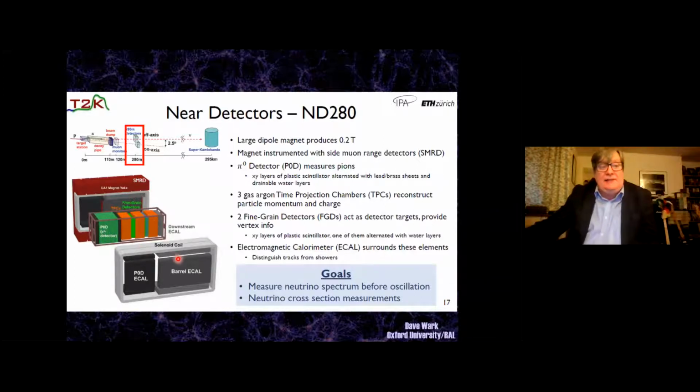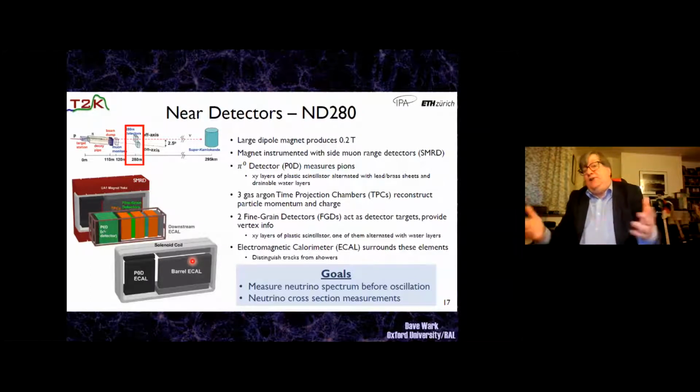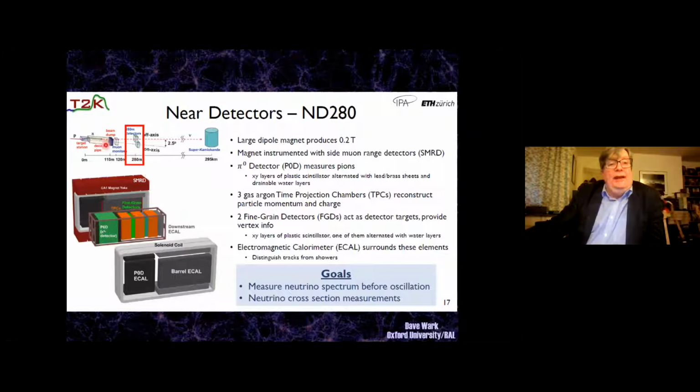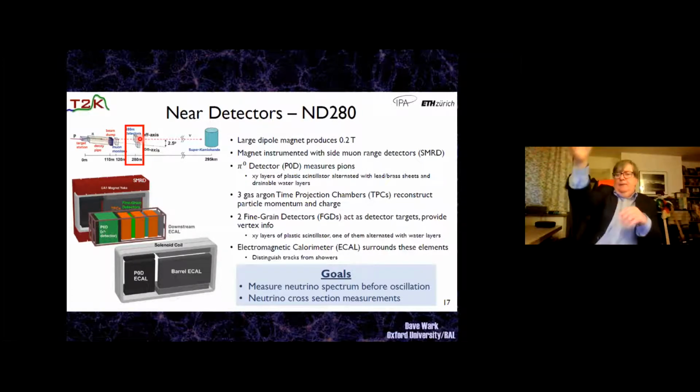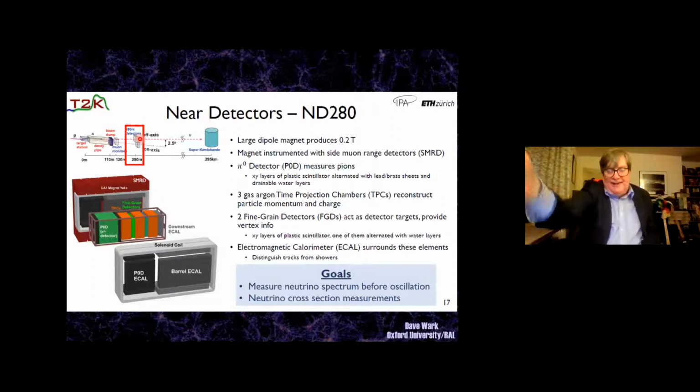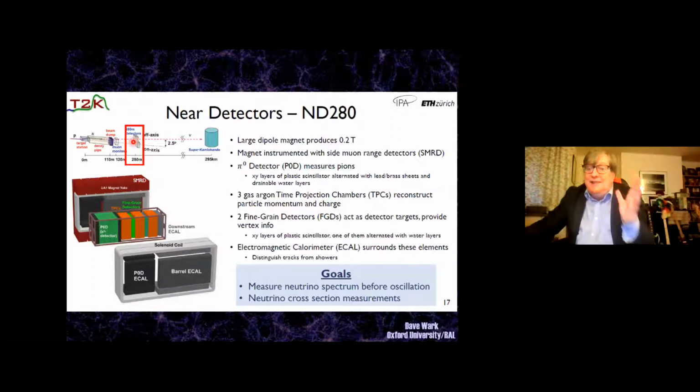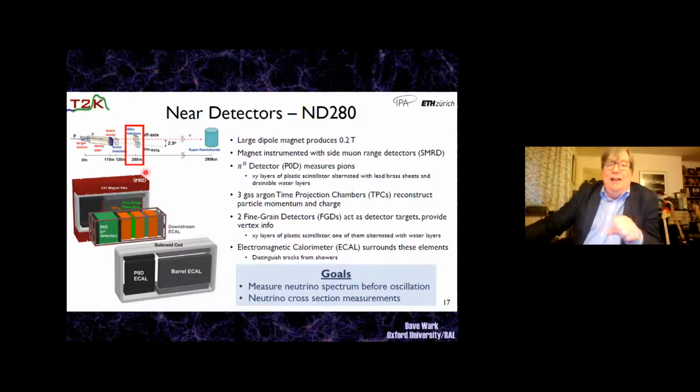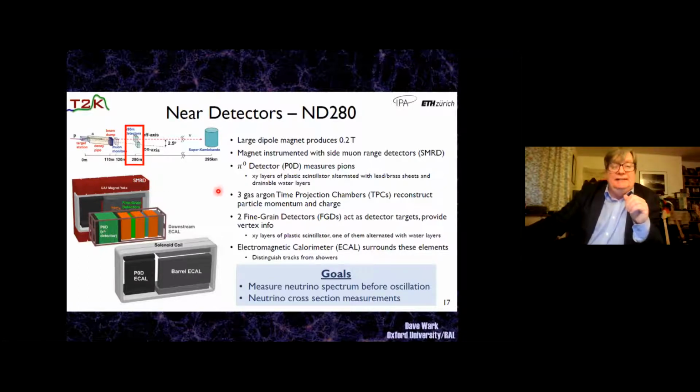And then that's surrounded by an electromagnetic calorimeter to catch any gamma rays produced in the events or arising from the decay of things like pi naughts. And this whole thing is placed underground where the beam goes through it. And we very carefully construct this beam, and with great precision, we point it and we miss. We aim 2.5 degrees to the side of the detector. And for reasons I won't go into here in half an hour, that actually gives you a better beam. It gives you a beam which is more tightly focused on the energy you want.